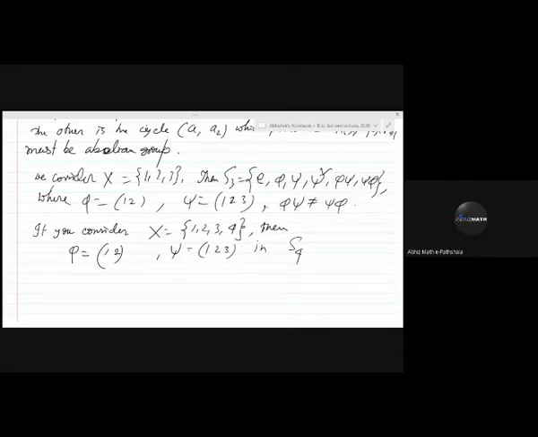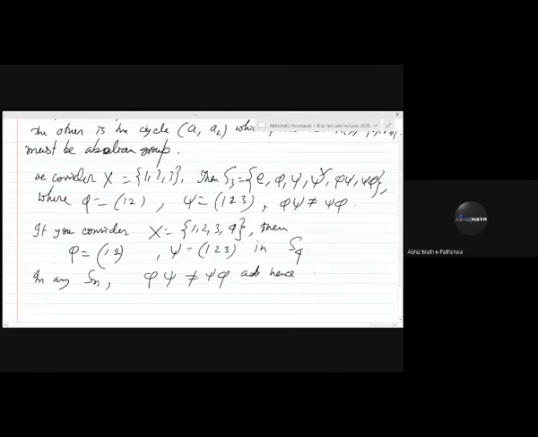Okay, and then you can extend this to S5, S6, S7 and to any Sn. So in any Sn, phi psi is not equal to psi phi, and hence